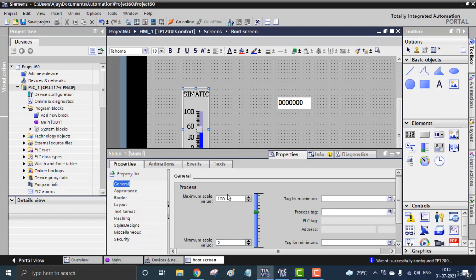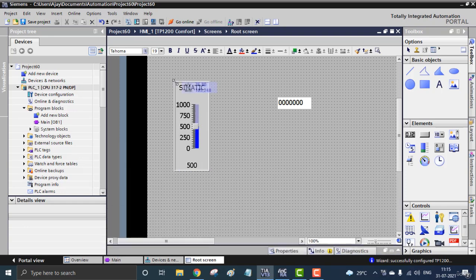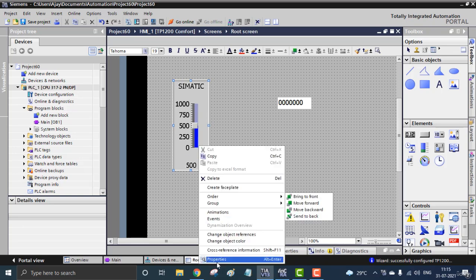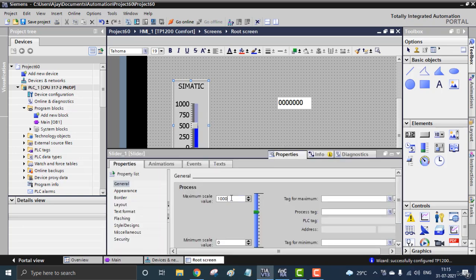That can be 0 to 1000, 0 to 100, 0 to 10. Any value you can assign. I can make it 0 to 1000 right here. See, now it's 0 to 1000, so I just make it bigger. This is the 0 to 1000 slider. I'm not using this, I'm using the default 0 to 100 right now.